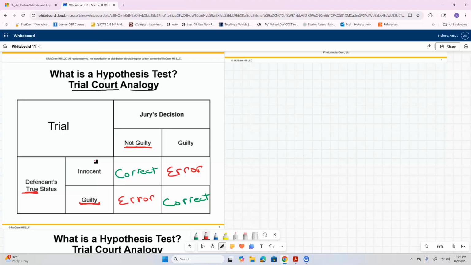And so, not necessarily saying that the jury made a mistake or even that the prosecutor made a mistake, just that there's not enough evidence shown to come back with the correct decision, because the correct decision, if someone is guilty, you would hope that they would be found guilty. So,